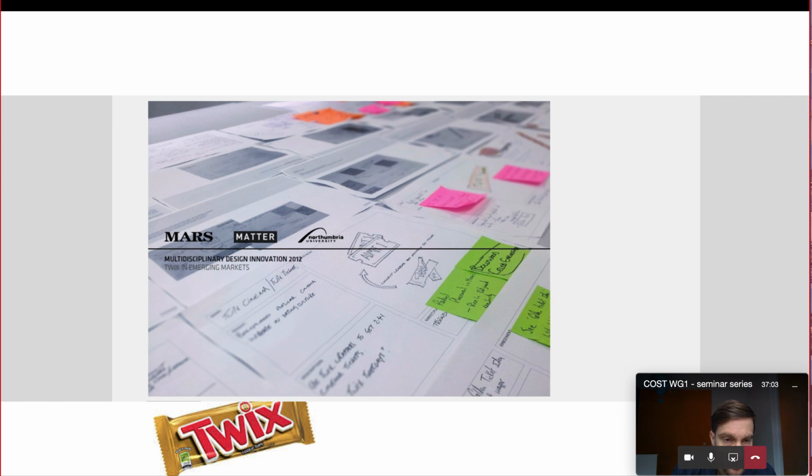Another example of projects at that time, this is Mars Foods, and hence the picture of the Twix, and a consultancy called Meta. And actually, this was an investigation to look at how the brand Twix would evolve and change and offer new treat experiences, new confectionery experiences for emerging markets. So in this particular project, we were looking at particular markets in India, and particular lifestyle brackets within India, and how the Twix brand might translate into new confectionery offers relevant for